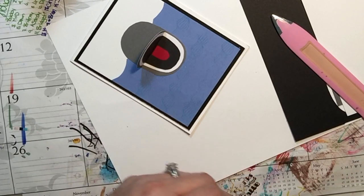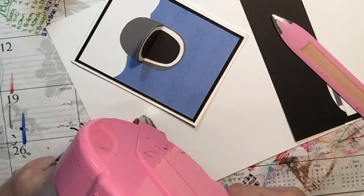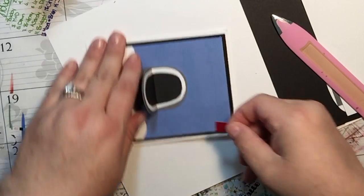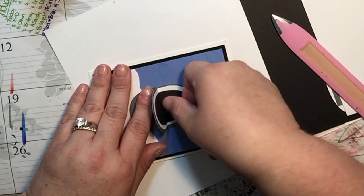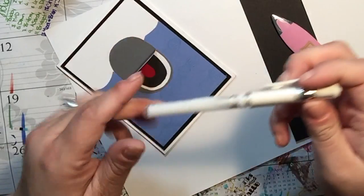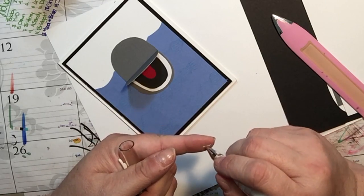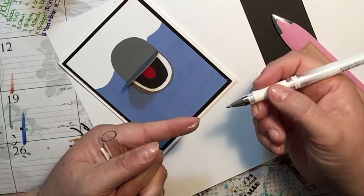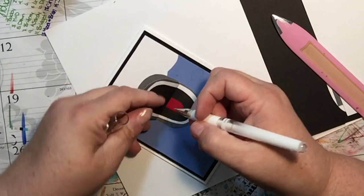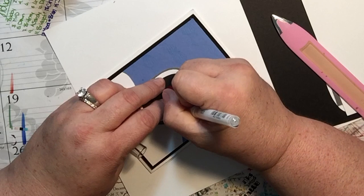I don't know if a shark even has a tongue, but I guess I think he would. And I'm going to take my white, this is a Uniball Signo pen. I think these are the best white pens. It's a good idea to just get it started, and you can just write a little bit on your skin and it kind of gets it started. And then I'm going to go in and I'm just going to draw on the black